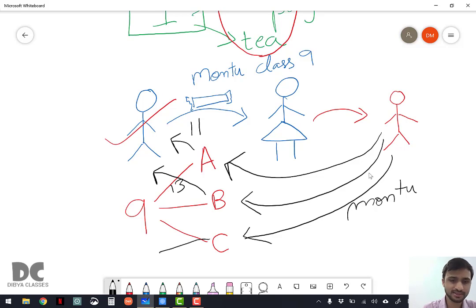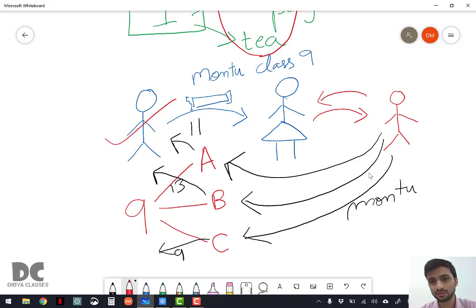And in section C there are 9 Montus. What to do now? Which Montu has stolen the chocolate? He is not going to say by himself, obviously, because he will get scolded and beaten. So now he returns to the principal.